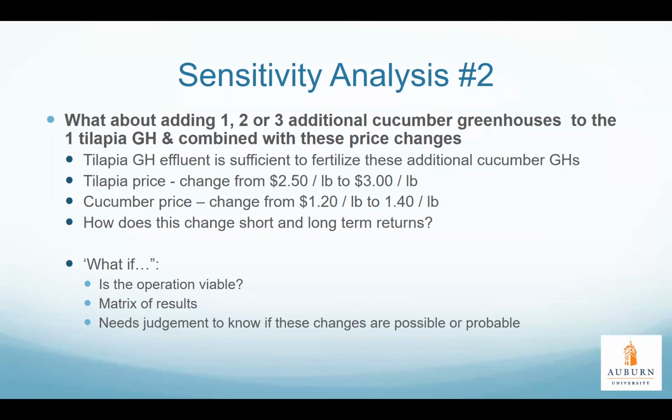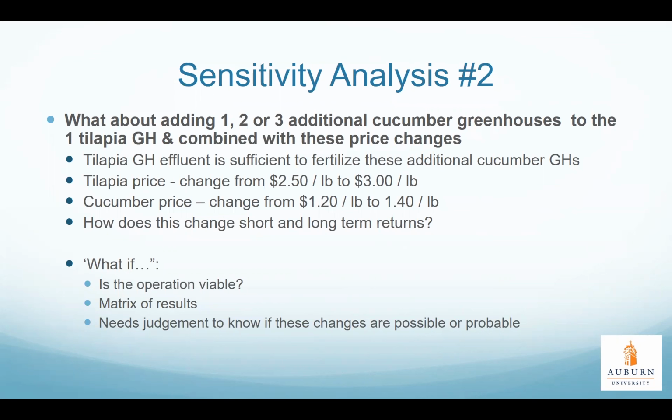So sensitivity analysis number 2. What if we add another greenhouse? What if we add another plant greenhouse, or 2 more plant greenhouses, or 3 more plant greenhouses? The research that has been conducted by Daniel Wells and Brendan and David Blursch have shown us that there's plenty of fertilizer in the water to fully fertigate these additional greenhouses. But is it practical? I mean, to increase the number of greenhouses, we're going to have to increase the number of